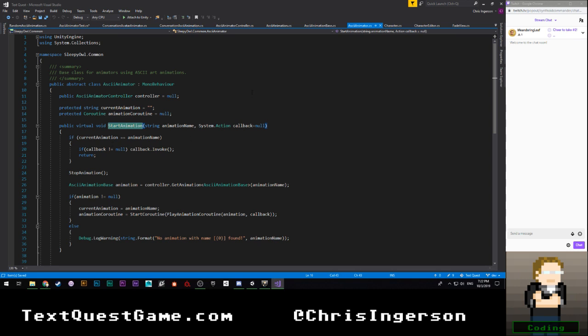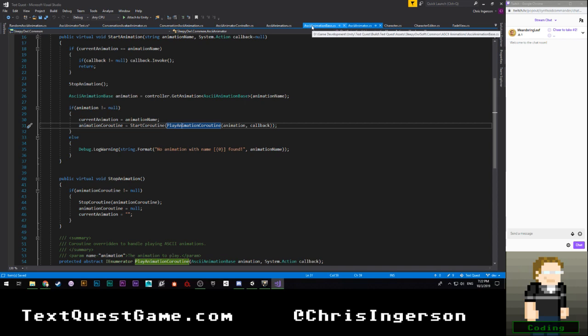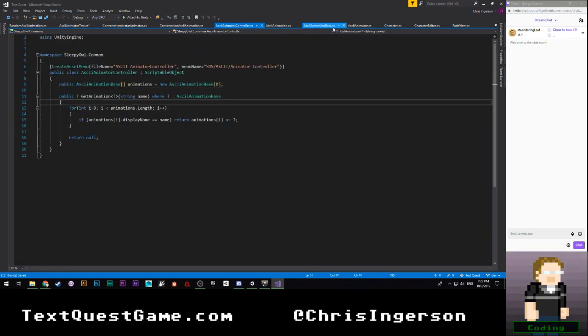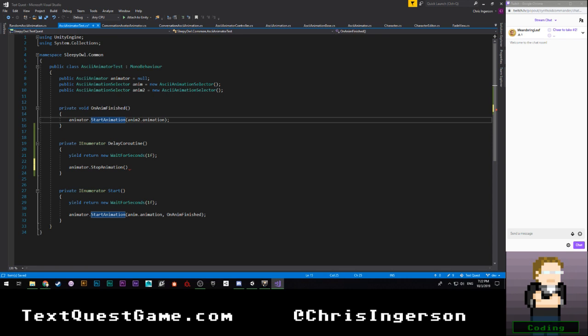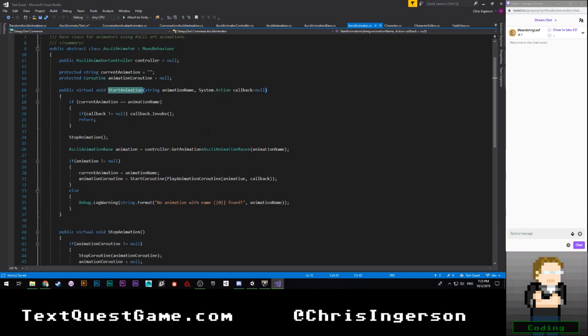Oh. Wait. This has gone all wrong. Hold everything here. So this is calling animator.start animation. The callback going down to here.